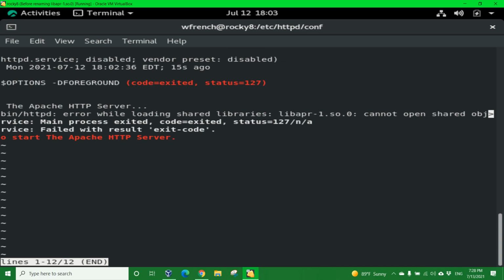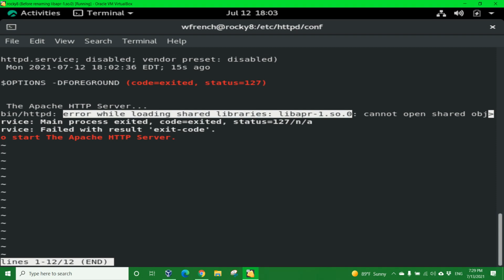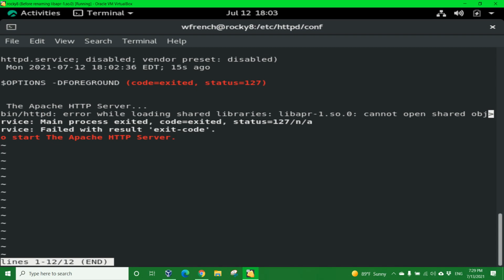So that's the HTTPD error while loading shared libraries, libapr-1.so.0. This is actually pointing at the issue for us, like explicitly. But let's take it a little bit further. Let's run the LDD command, sudo ldd /usr/sbin/httpd, and let's figure out what kind of libraries are necessary to get this implementation up and running, and if